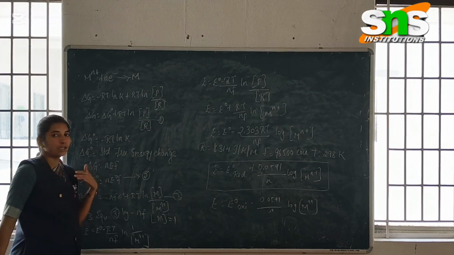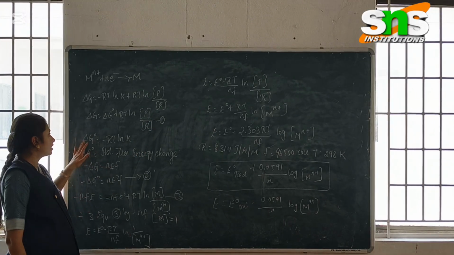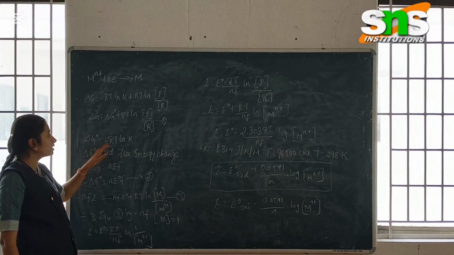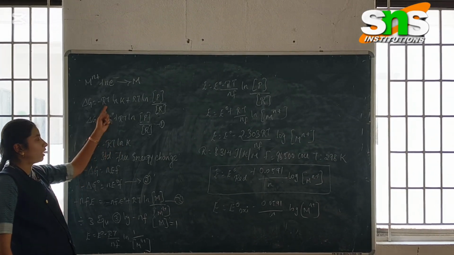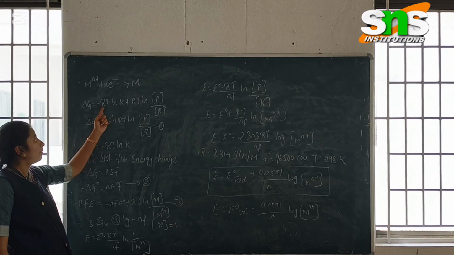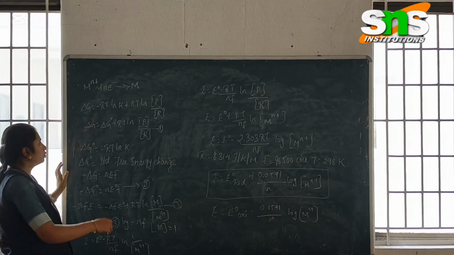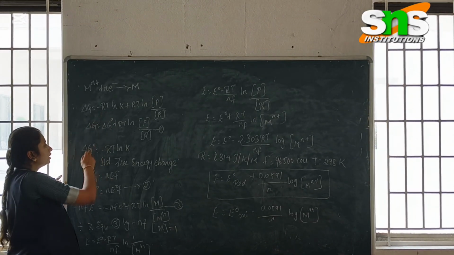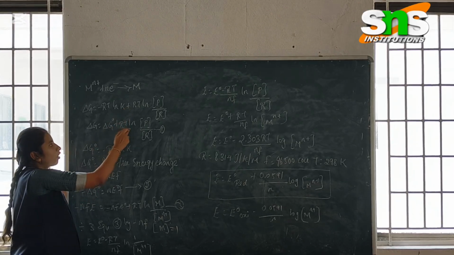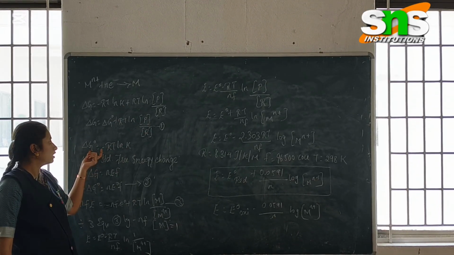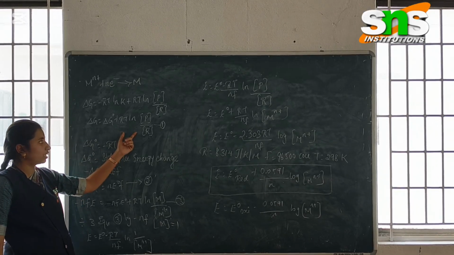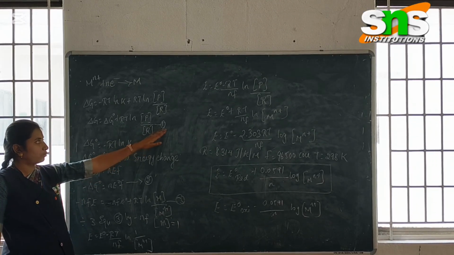We have already derived that del G naught equals minus RT log K. So we substitute minus RT log K, and by using del G equals del G naught plus RT ln product by reactant,